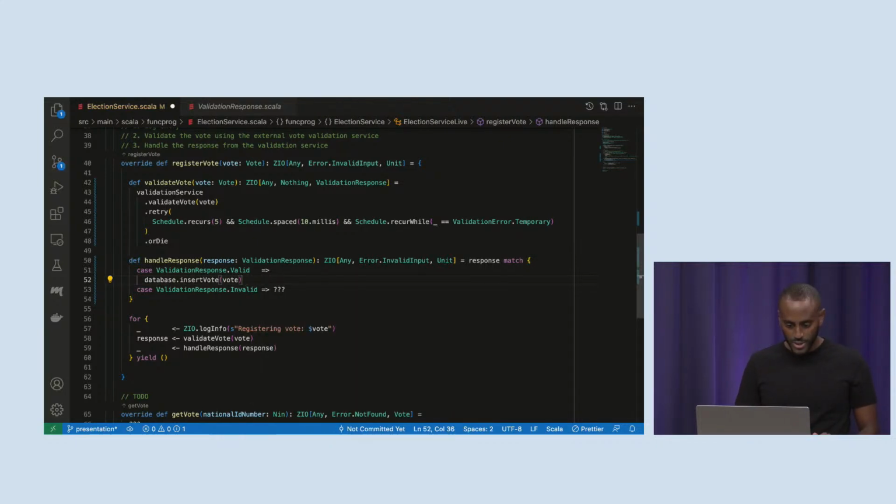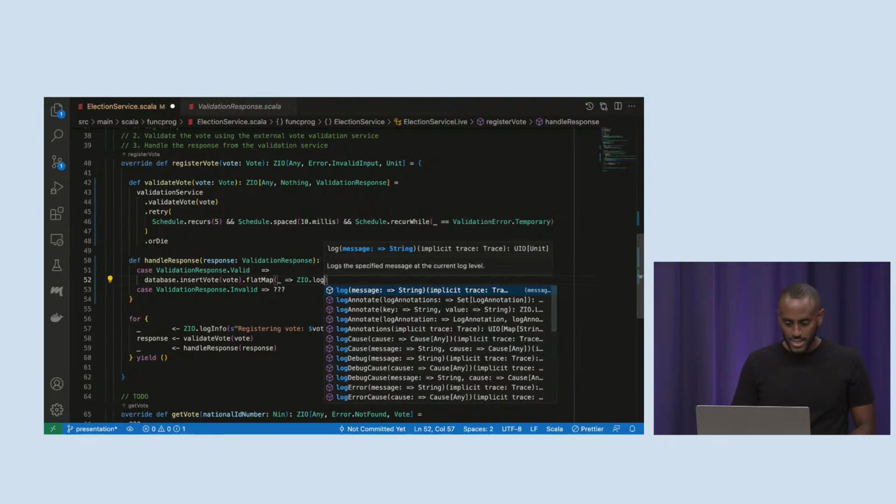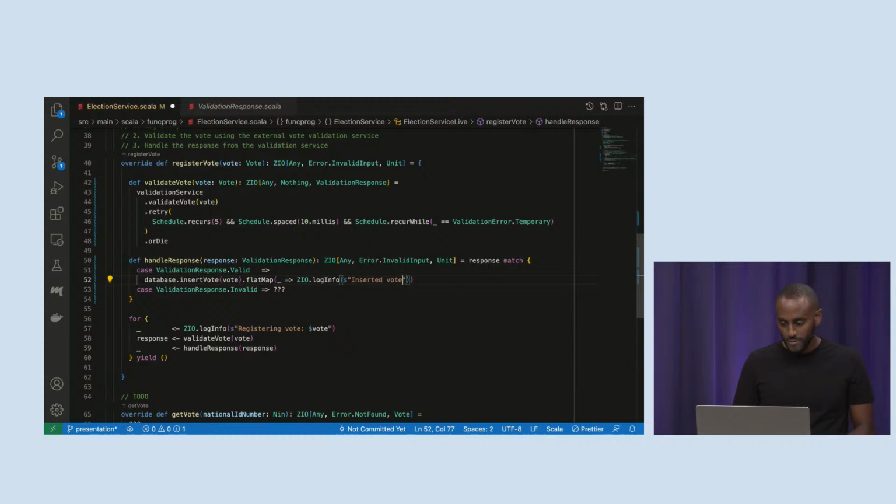And the way we can do that is, if we want to combine 2 ZIO workflows or descriptions together, we can flat map. So we can flat map them like this. So inserting the vote into the database is not going to give us any interesting result. It's just going to give us a unit. So we're going to discard that unit. And then we're going to maybe do some logging, say ZIO log info, inserted vote to database, something like this, okay? But again, this is another common pattern in ZIO where you flat map and underscore, and ZIO has a shorthand way of doing that. So we can use the shark operator here, the right shark operator, to do this.